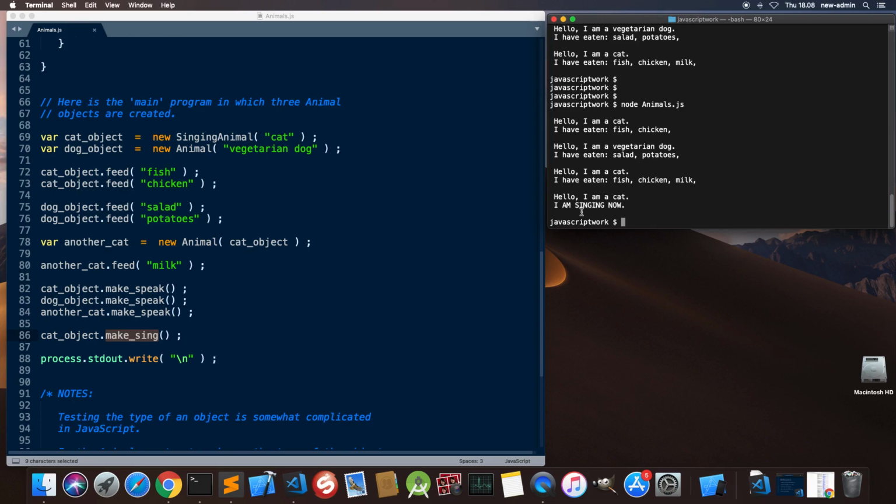So it says, as we specified in the method, "Hello, I am a cat, I am singing now." So we can see that the new method works for this object of type SingingAnimal. But let's see again, if I would write here dogObject, and try to make that object sing,